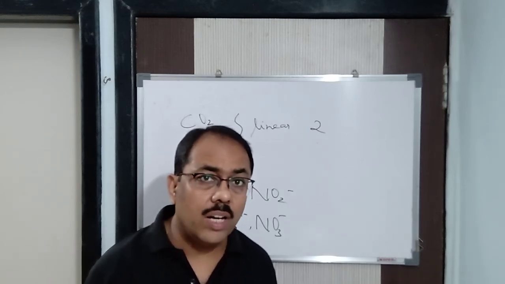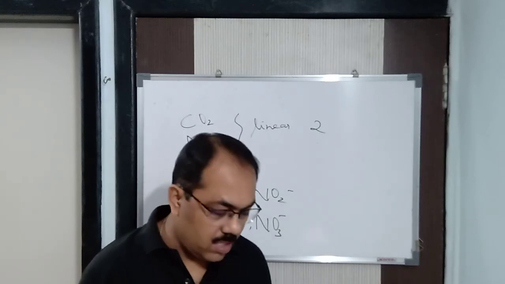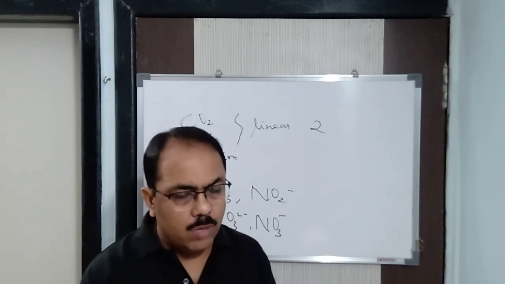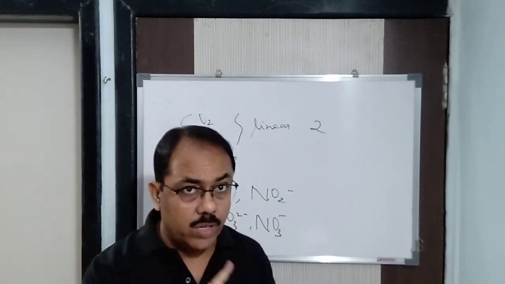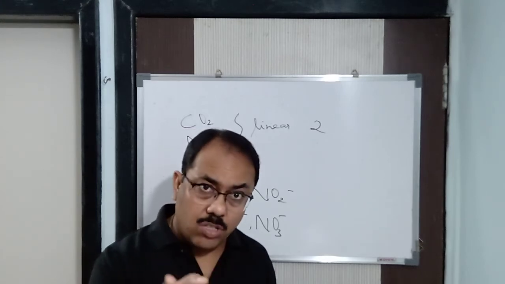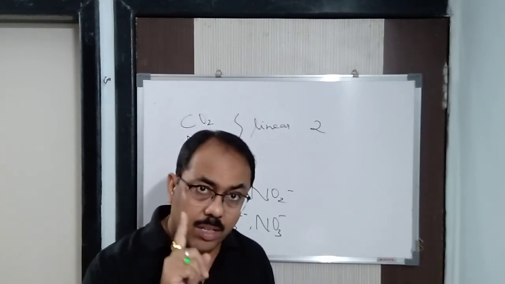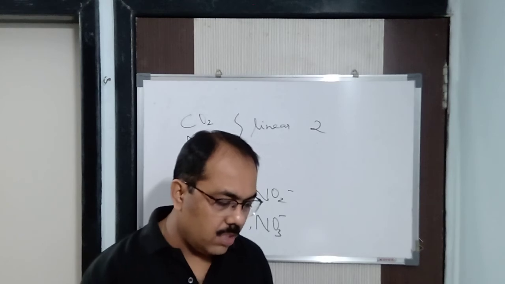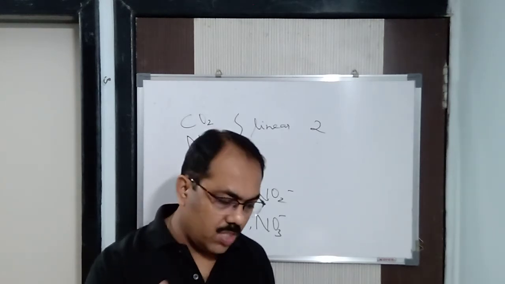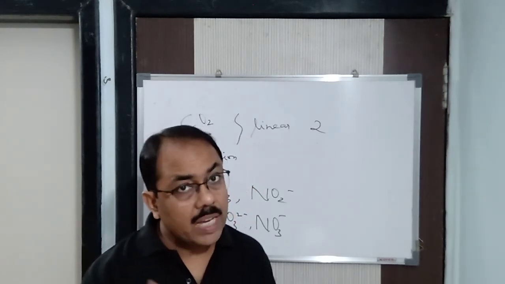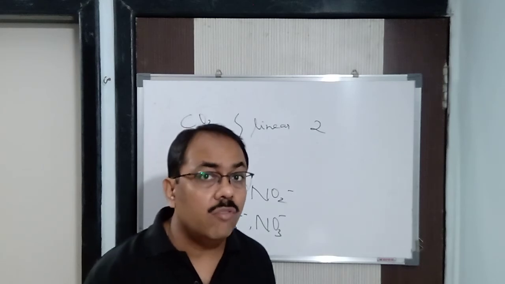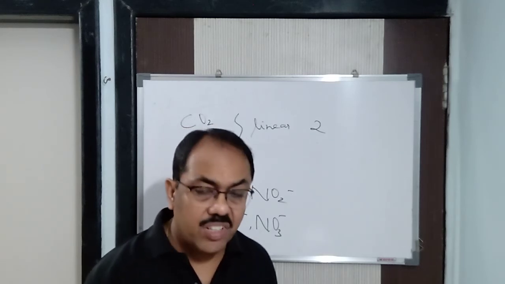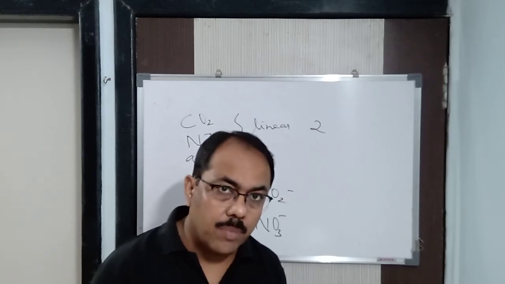Alright, and they should overlap to a maximum extent. Hence the first point I said, they should have almost the same energy, both the atoms, heteroatoms. For example, nitrogen, oxygen, they should have the same energy. Carbon, oxygen, they should have the same energy. They should have the same symmetry, same shape, and they should overlap to a maximum extent. Means maximum energy should be involved in it. If maximum energy is involved, the minimum energy will be remaining in the compound and the compound will